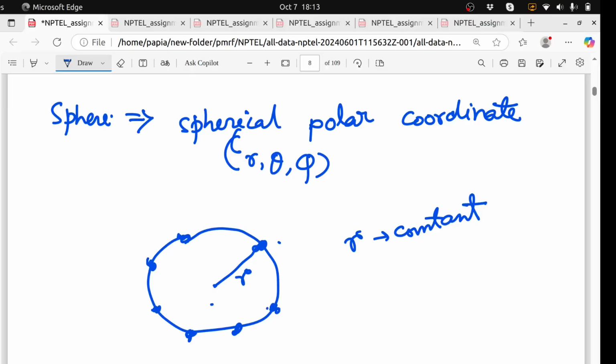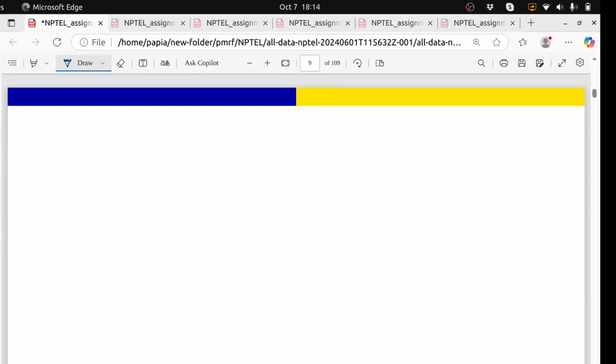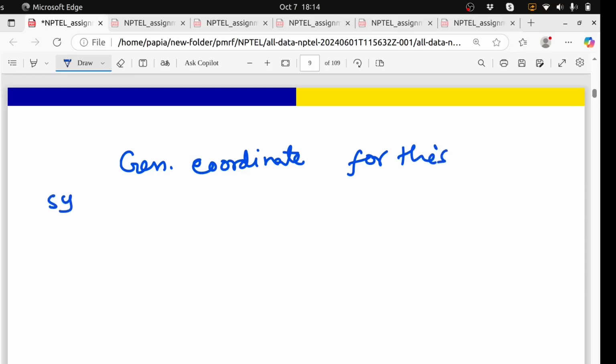That means the generalized coordinates for this system are only 2, which are theta and phi, right? So if the generalized coordinates are 2, theta and phi,